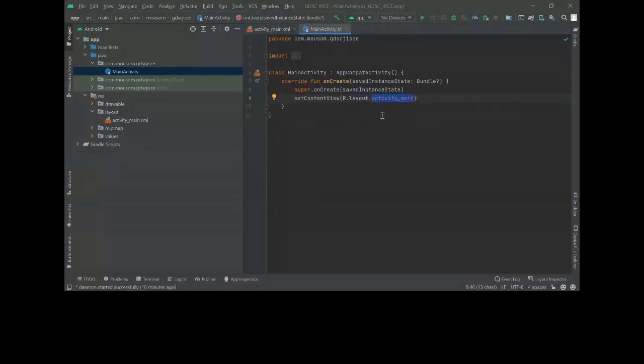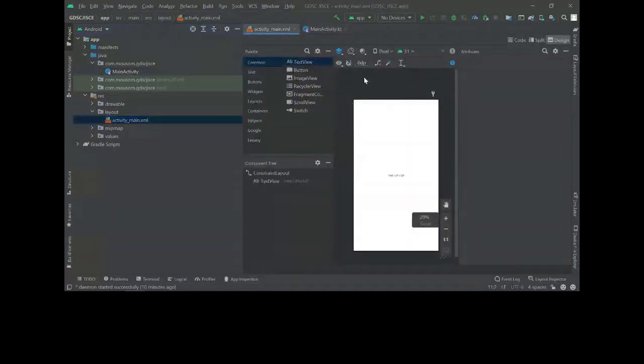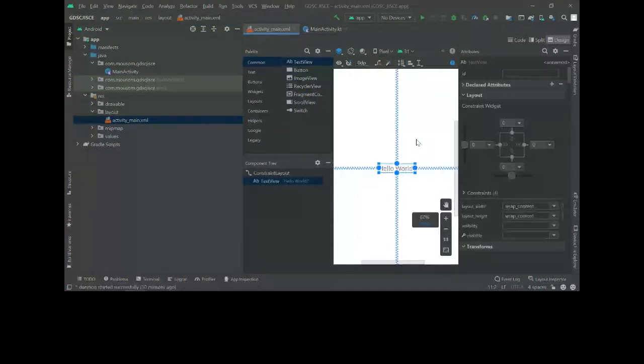You can see there is activity_main.xml. This XML is basically the UI for this application, and if I zoom in, you can see it's written Hello World.